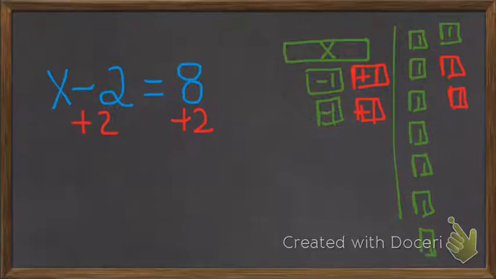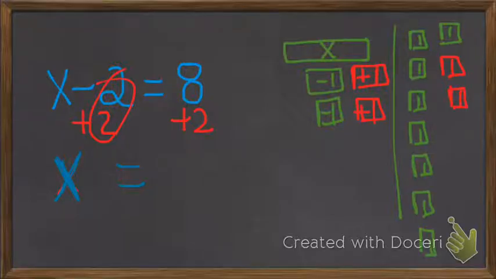So if I look at the left-hand side of the equal sign, do I get any zeros? Negative 2 plus 2, zeros out. So we have x left. Not quite sure why I'm using red. Let's try blue. The red's hard on the eyes, isn't it? x plus 0 equals